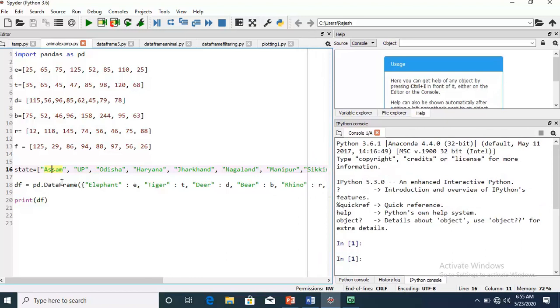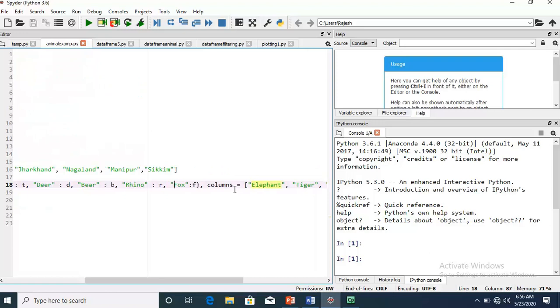Then we apply pd.DataFrame. Here I have used a dictionary. These are the keys: elephant stores E, tiger T, deer D, bear B, and so on.